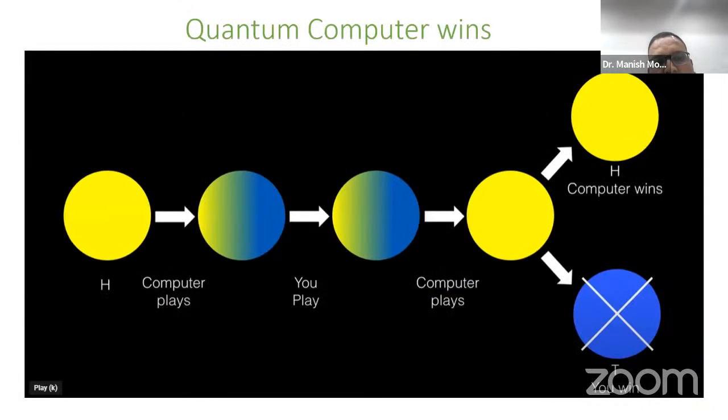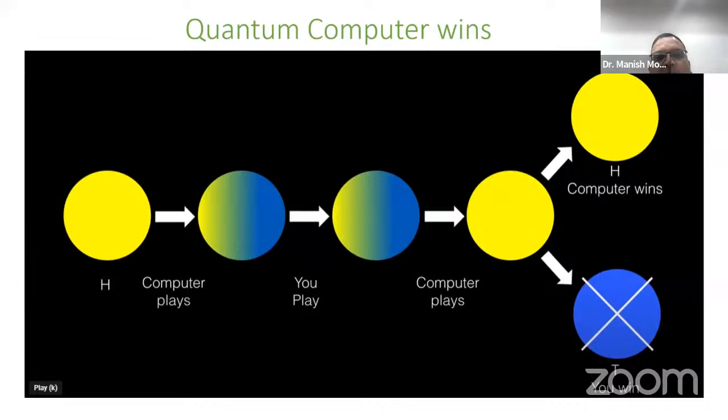So what happens in this game? First the computer plays, and it remains in the dual state, keeping both head and tail. Then we play, flipping the same coin. Again, it remains in both states. Finally, the computer, knowing that head wins, comes back to the head state. And almost every time we get head on the coin, and that's where the computer wins, right? It's just a representation of what quantum computing or a qubit means.